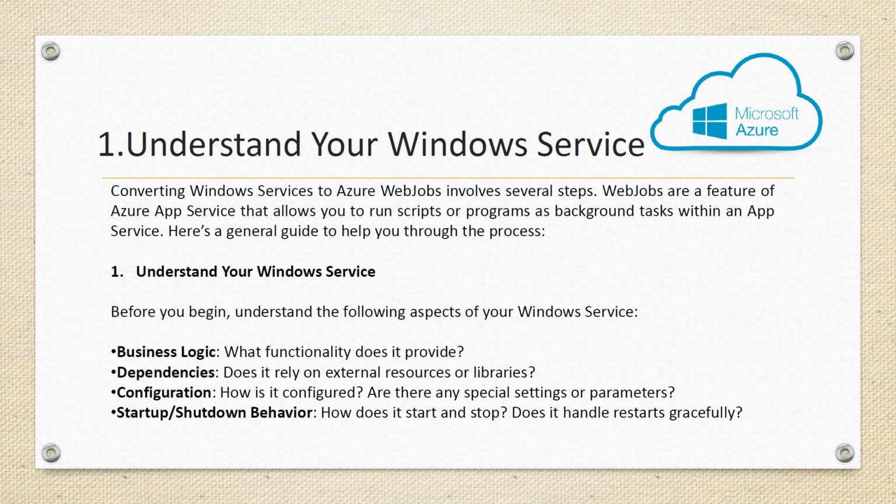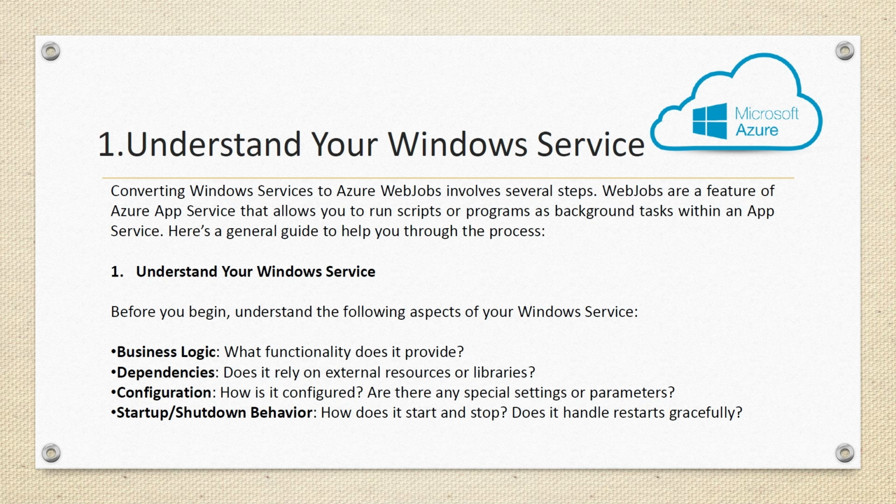So in the startup and shutdown behavior, we are checking whether it's a continuous Windows service, or whether it's condition-based, where some kind of triggering is configured for your Windows service. It's not running continuously all the time. So those things you need to identify: the behavior of how your Windows service is running in your current